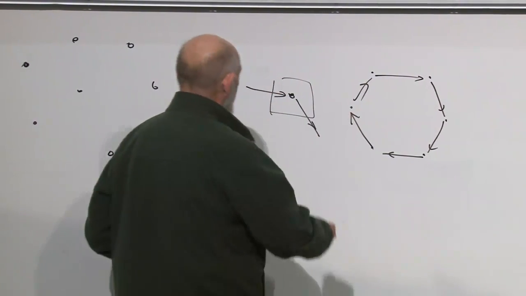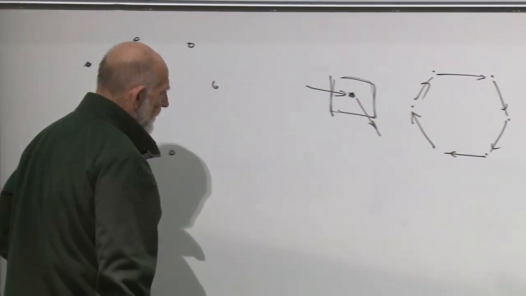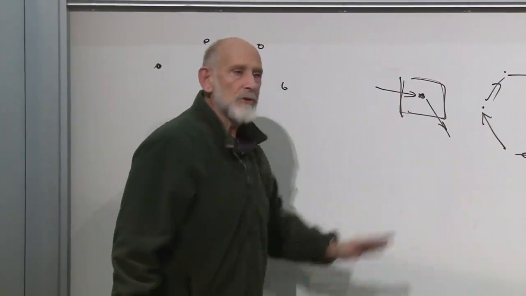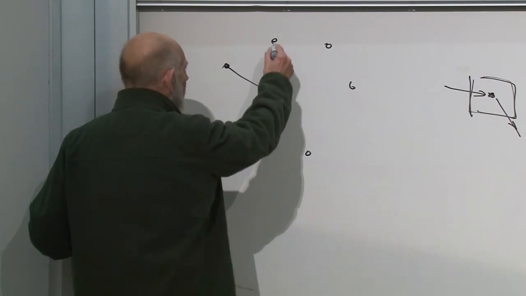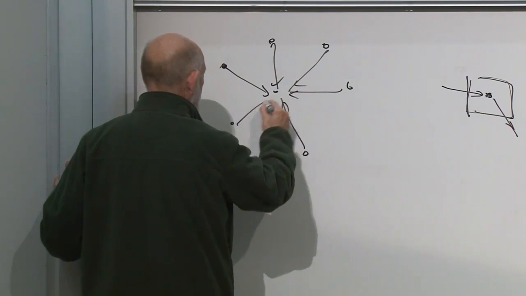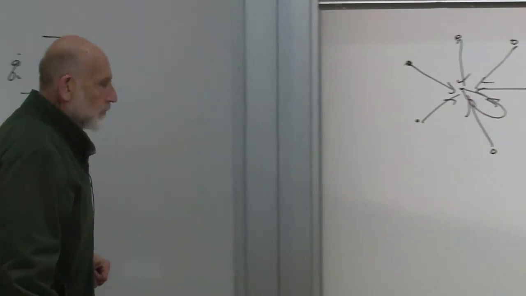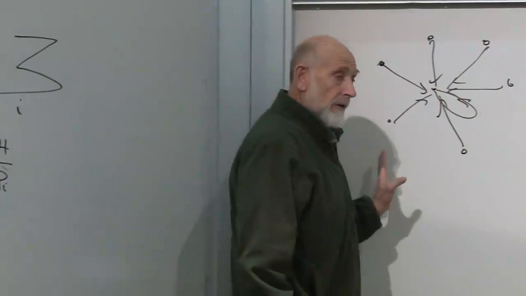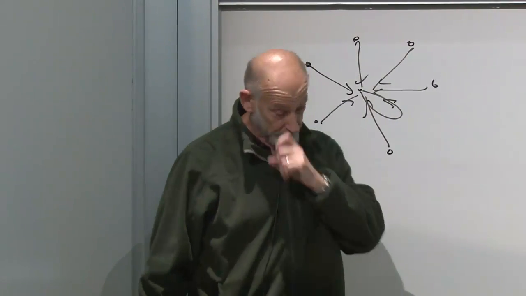Or we could say it the other way. If we focus on a particular node here, the number of arrows in is the same as the number of arrows out. By contrast with some bad laws. Here's a bad law. No matter where you start, you go to the central point. That's an irreversible law. You may know where to go next, wherever you start, but if you find yourself over here, you don't know where you came from.